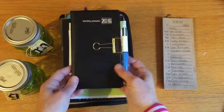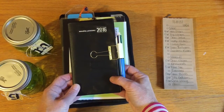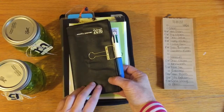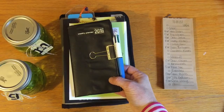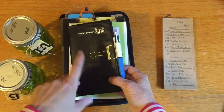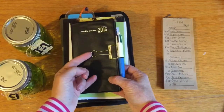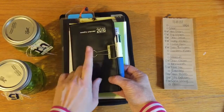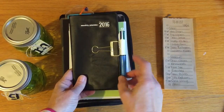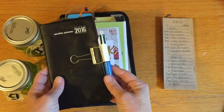Then I got this little planner at the Dollar General for, it was originally $1. I might have gotten it on clearance for 50 cents because I didn't get it in December. I got it like the second week of January, so it may have been on clearance actually. And I had this pen clip from an old Coco Daisy kit, and I bought this multicolored pen at Staples, and